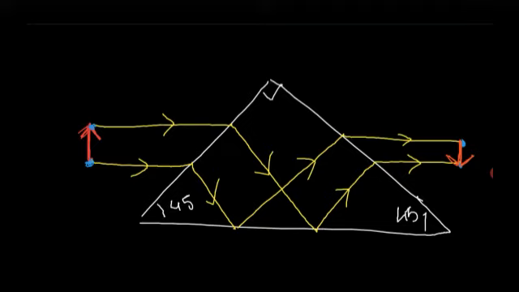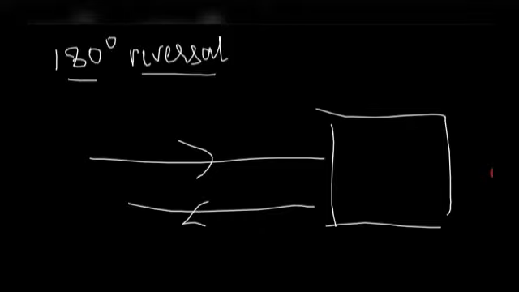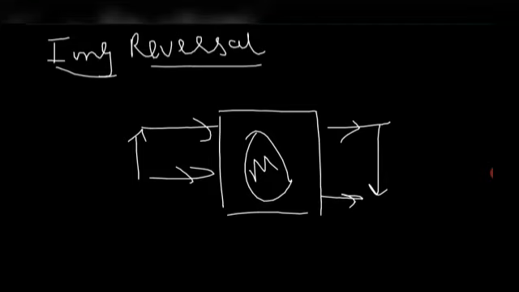This is the thing used in projectors. Okay, these are used in projectors, and that one, this 90-degree reversal, is used in periscopes, like submarine periscopes. And this 180-degree thing is used in binoculars, you know, the bird watching binoculars. And this image reversal is used in slide projectors. What are slide projectors? When you show anything, it will always show the mirror image in the slide projection. Okay, that's why.